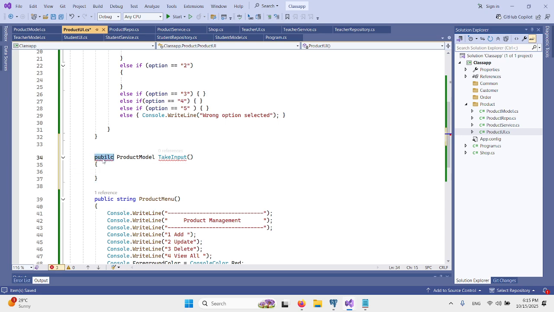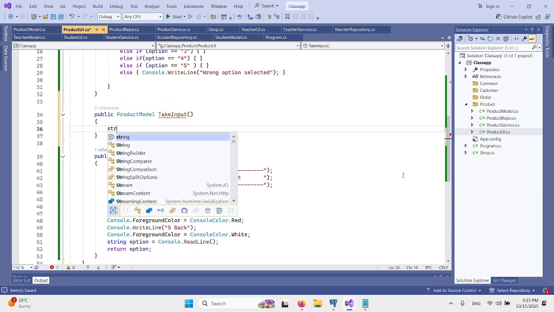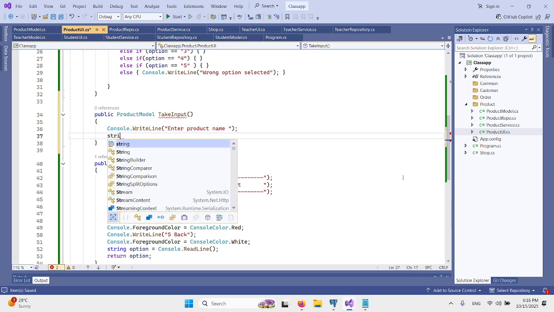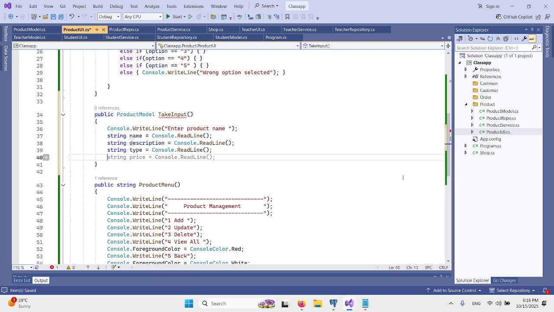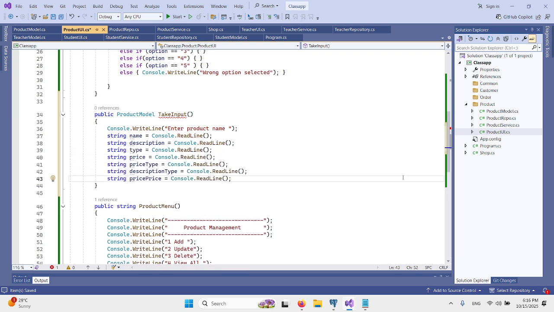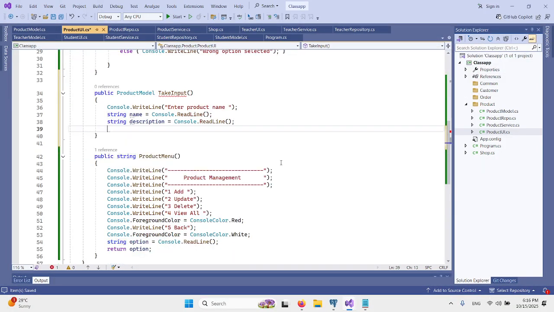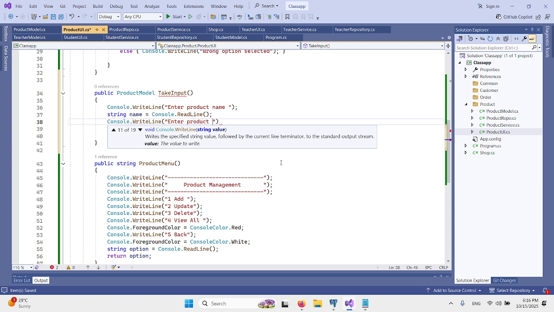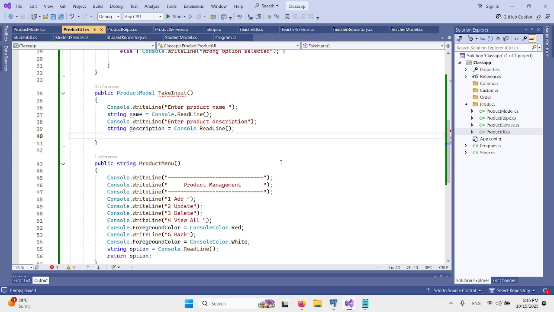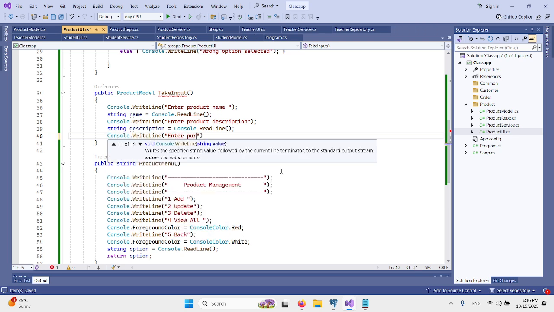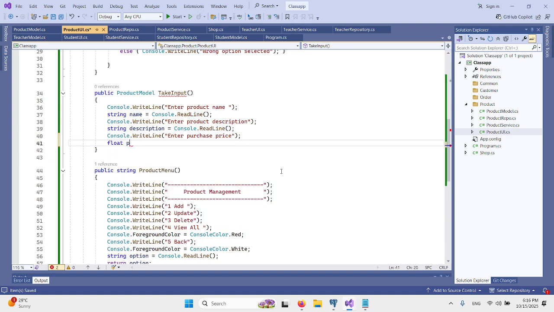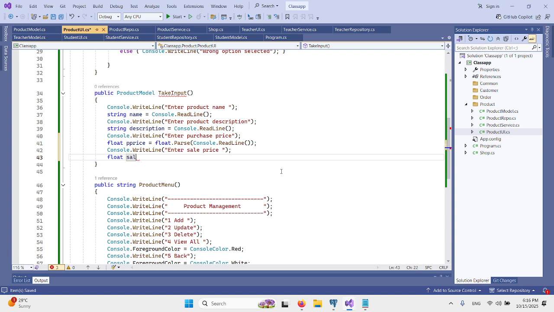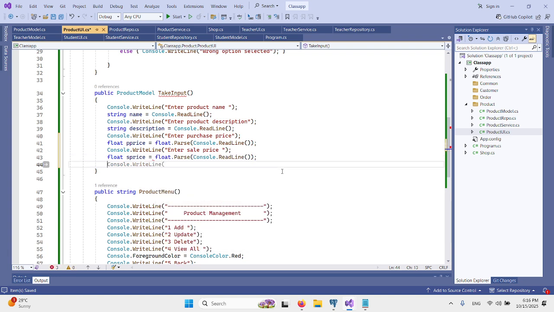Okay, so what we will do, it will take string, like let's console dot write, enter product name string name, but we need this data into the